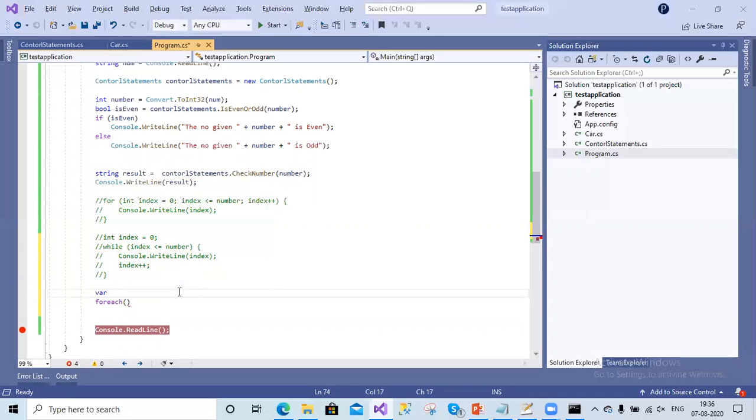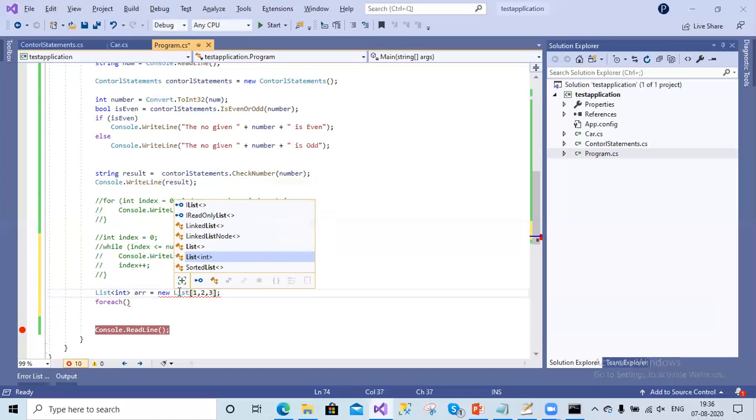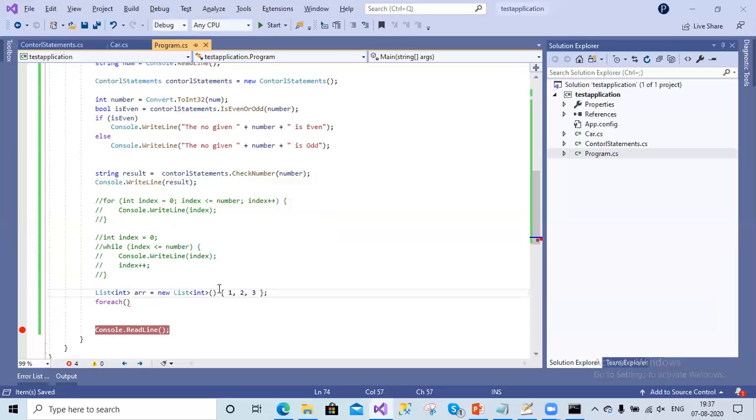Let's take some array using a var variable, where array equals 1, 2, 3. Okay, so let's assume we have some array here.